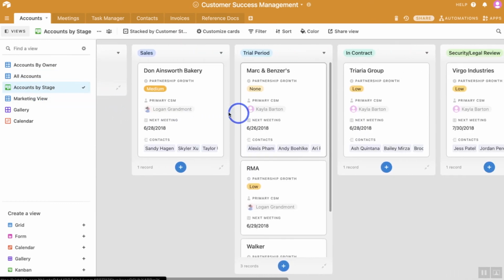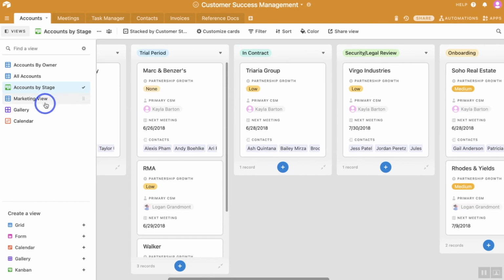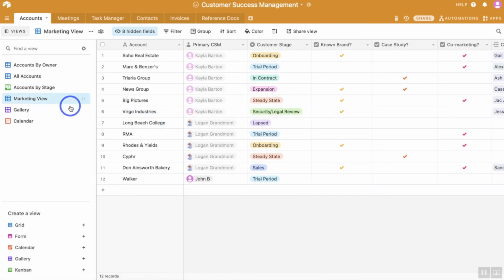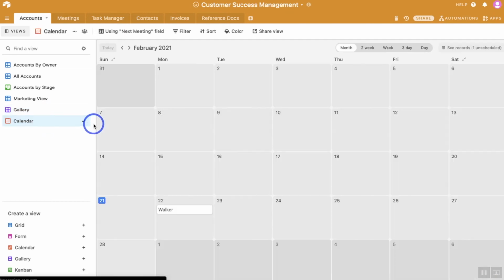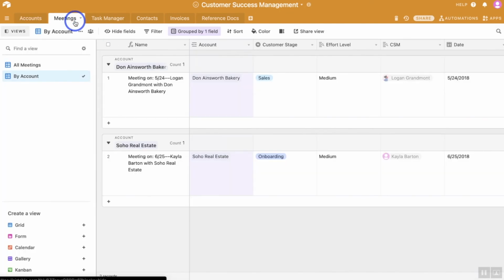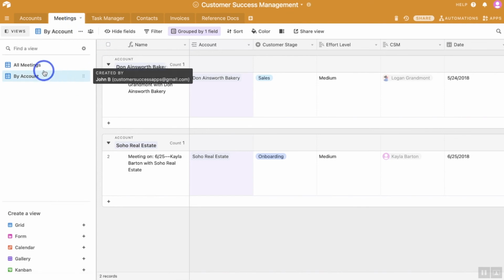Again, we might want to see that all accounts by stage option, or a marketing view of what exactly is ongoing. Finally, that gallery I was showing earlier and the calendar option are all possible here, folks. Again, you can take the calendar and show the dates of the meetings that you're going to have. Speaking of meetings, we're going to go here to the mailings